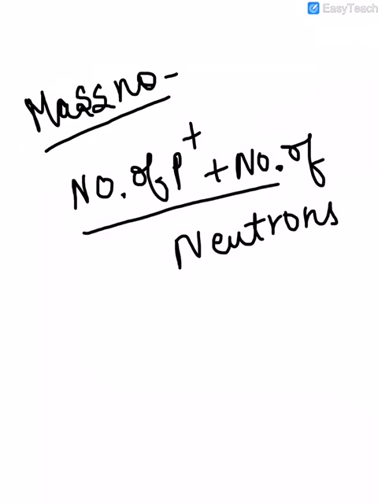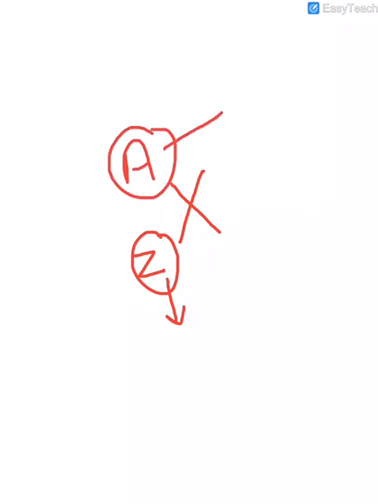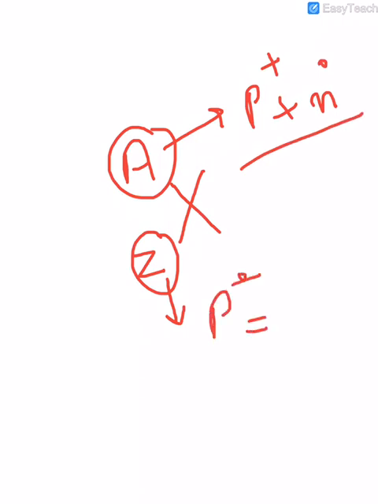Number of neutrons. It means it's the summation of protons and neutrons, right. So if I write the whole symbol of an element, let's have an element, any element X, right. So Z is the atomic number, it means it's the number of protons or number of electrons, and A will be the mass number, it's the sum of protons plus neutrons, and Z is the number of protons, or we can say the number of electrons.